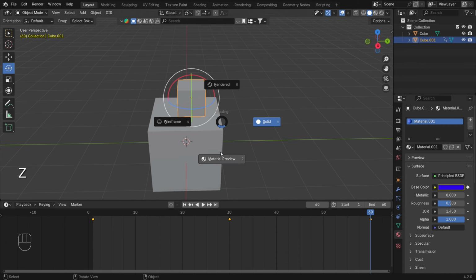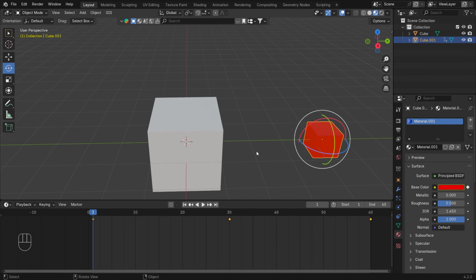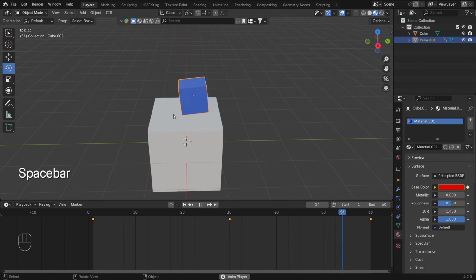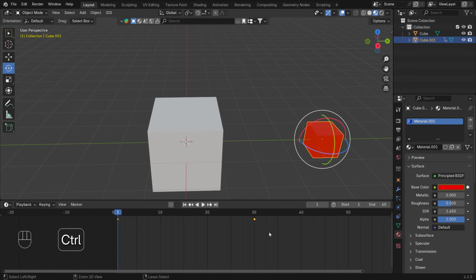Now let's change the view mode so we can see the colors. You'll see the color changes during the animation. Now, about the timeline. I've added a keyframe, but I also want to work with the timeline itself to control